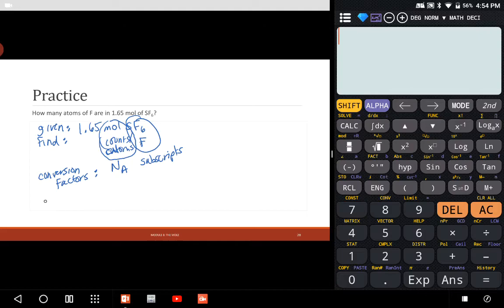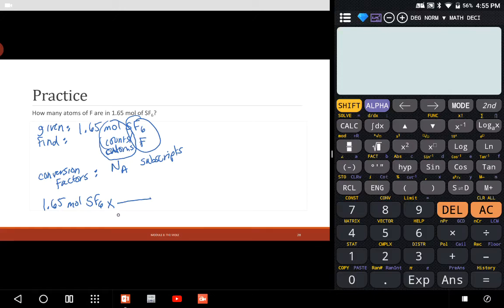So now I know I'm starting with my 1.65 moles of SF6, and I'm asked to find, I'm going to use subscripts first. I could use either one really, but I like to think of subscripts in moles, and so I'm going to use the subscripts first. But you can do the subscripts afterwards, and it would just tell you how many atoms there are for every one molecule. Actually, I'll do that because I think the typed math underneath uses that as moles. So anyway,